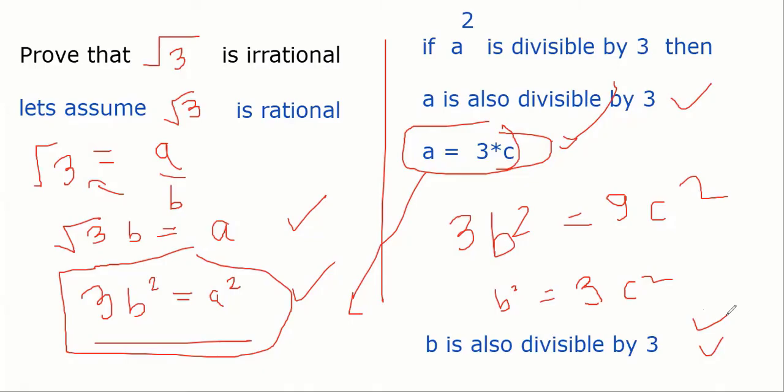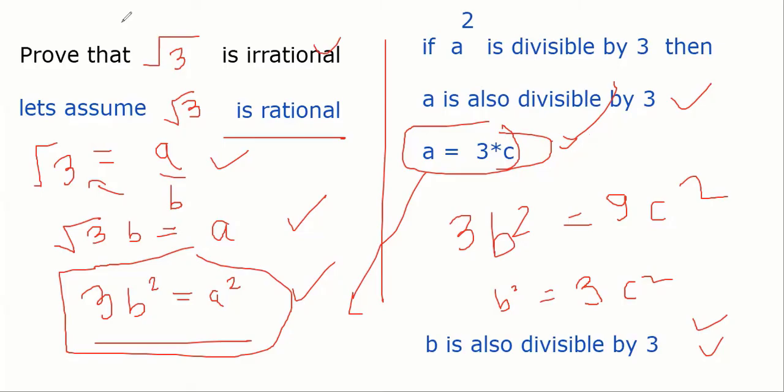3 आ गया. अगर दोनों में कॉमन फैक्टर 3 आ गया, so how can a and b be co-prime? They cannot, right? पर हम लोग ने तो यहाँ पे assume किया था a by b is integer and co-prime. पर हमारा तो आ रहा है they are not co-prime. So that is contradicting the fact that this is rational because co-prime नहीं आ रहे हैं. That is why we can say this is irrational. It's all about why we are getting co-prime and not co-prime.